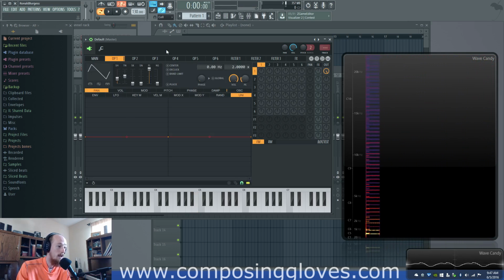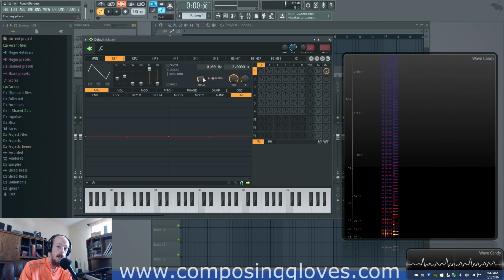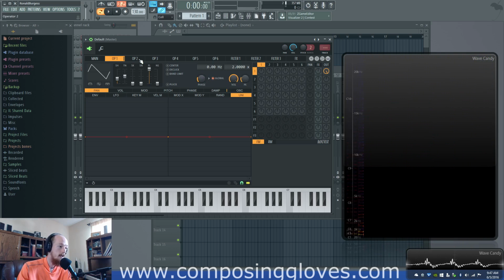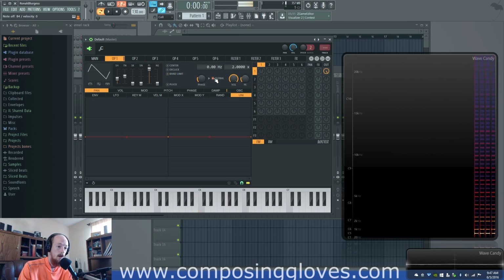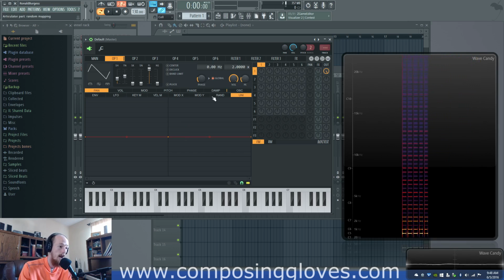But you can control the phase of the individual waves of all those different voices. So this controls the phase for this one operator, and you can move them around. If you hit global, this changes it so that all the different voices that are sounding are all synced up. It doesn't sync up operator 3, 4, 5, and 6, or 2. It doesn't sync up all the other oscillators to this one. It syncs up all the voices so they all start at the same point, so you can get a consistent attack. If I turn it off,